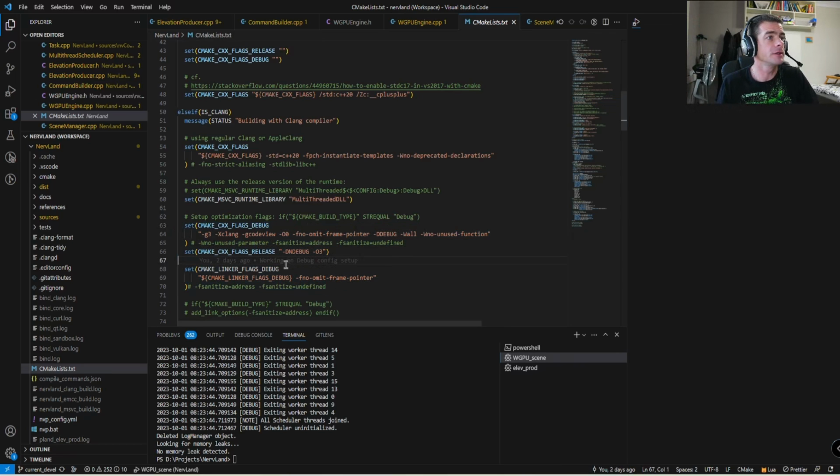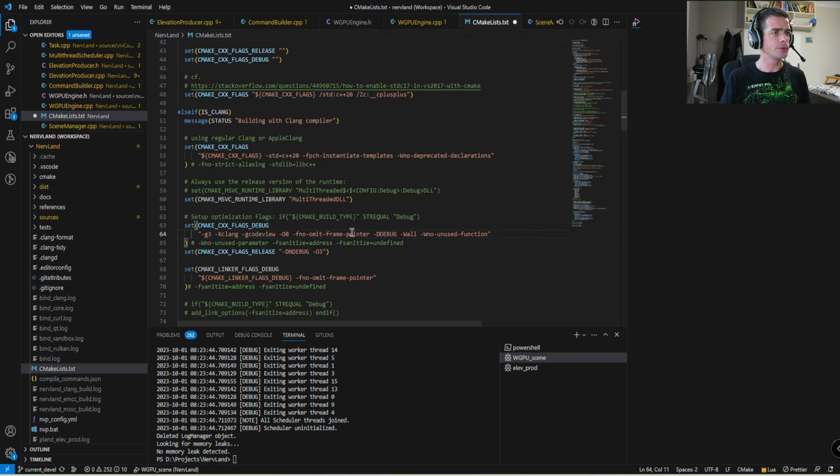The key thing is when you build a release version, you want to use this optimization flag, and when you build with debug mode in mind, you want to use this -g3 flag. Actually, so far we're just using -g, but